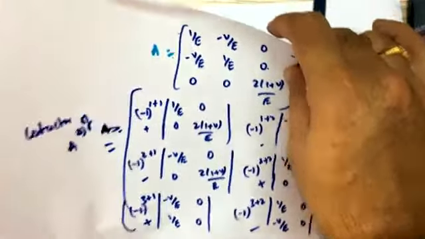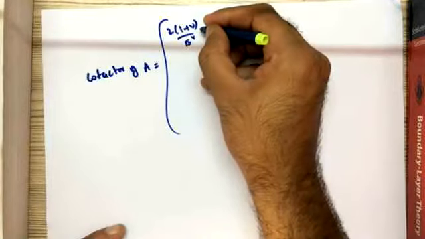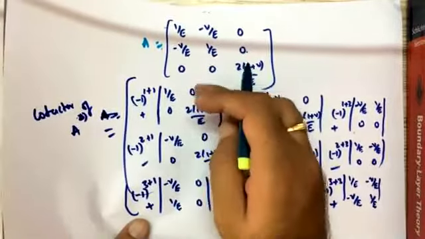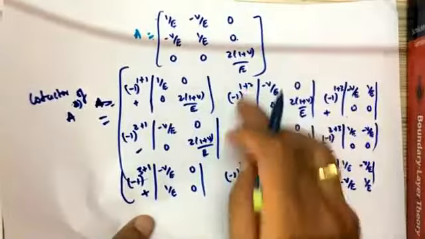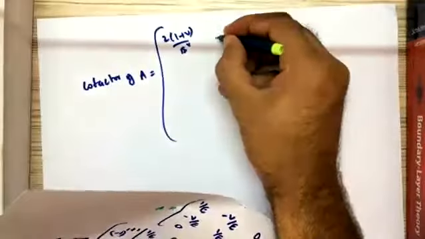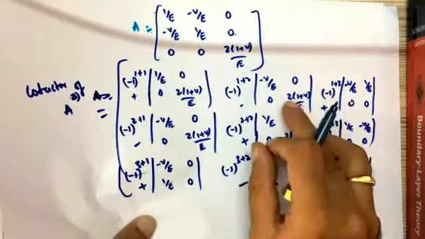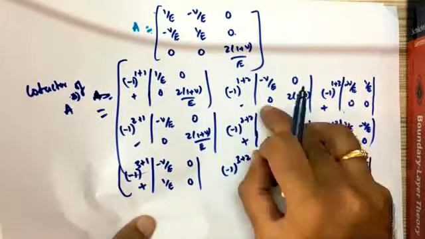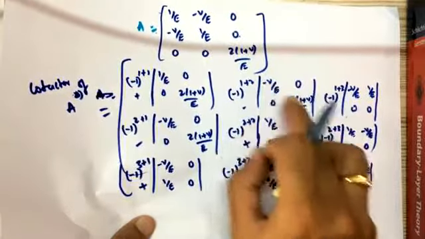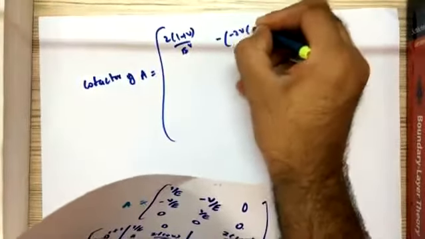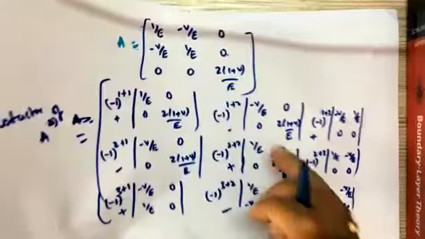Or 2 into (1 plus nu by e) square. If you want, you can write 2 into (1 plus nu by e) square minus 0. Okay, next, minus 1 whole power 1 plus 2, that is negative. Just try to evaluate inside: minus nu by e into 2 into (1 plus nu by e) minus 0 into 0 is 0. So all that you have to do is multiply these two: minus nu by e into 2 into (1 plus nu by e), that is minus 2 nu into (1 plus nu by e) by e into e, becomes e square.